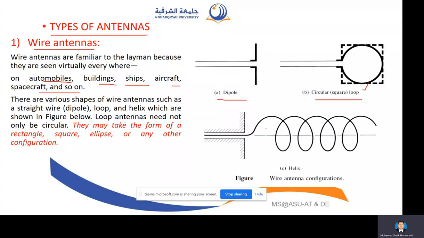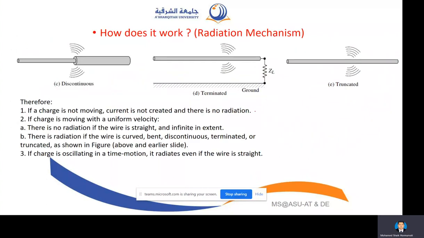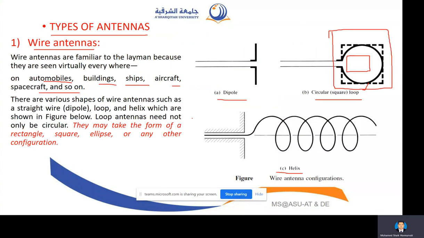Even you can generate by this, which is a helix shape. Even the shape can be rectangle like this instead of a circle. Maybe it can be square like this. So all of them come under wire antennas. It's not necessary they have the exact same circular, square or any other shape. Okay. However, in order to generate the radiation, these characteristics have to be met. Otherwise, you will not see the radiation. Okay, this is wire antennas.